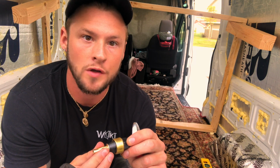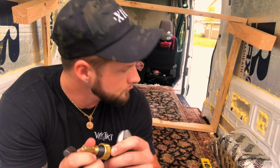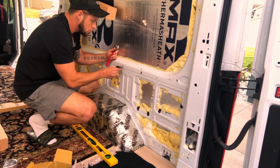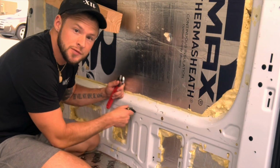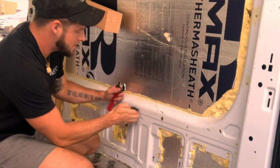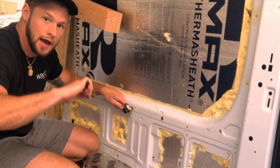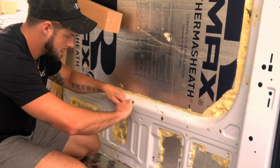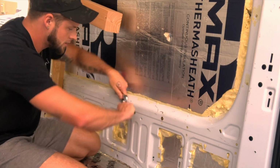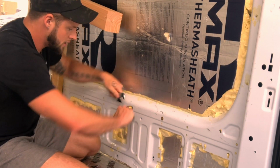Eventually I'm gonna put wood walls in here. So I'm gonna show you guys real quickly how to do that. I just did one here. One of these holes. You push them in, and then take your wrench and take your Allen, just hand crank them until the cross nut butterflies out,